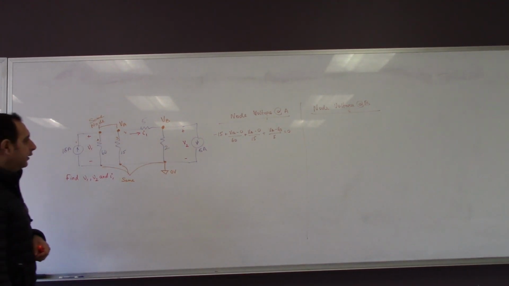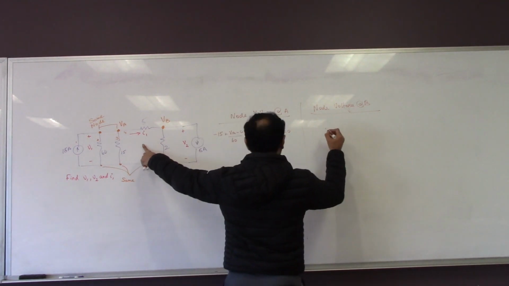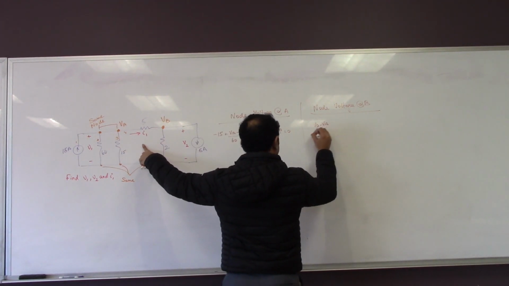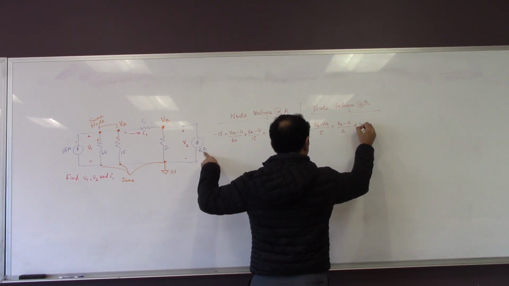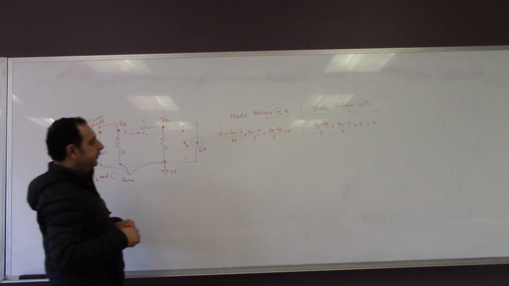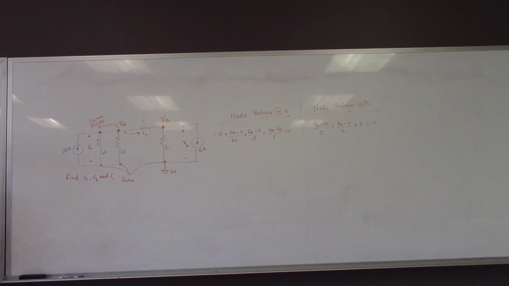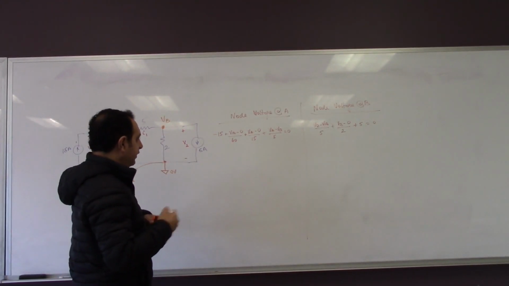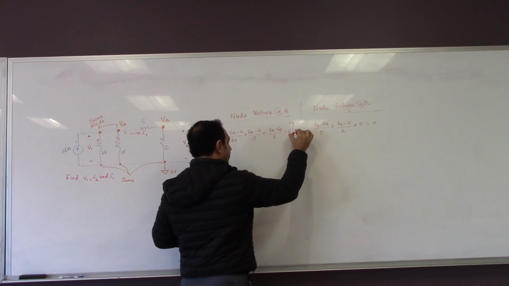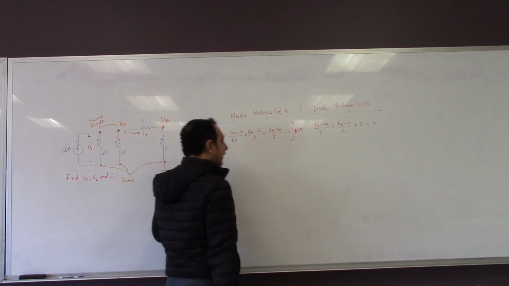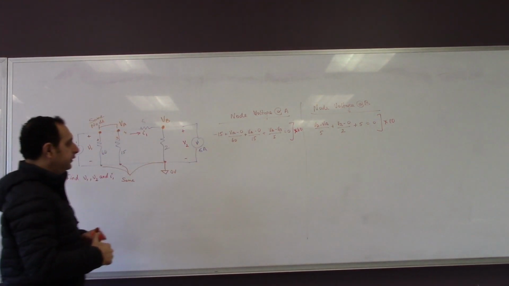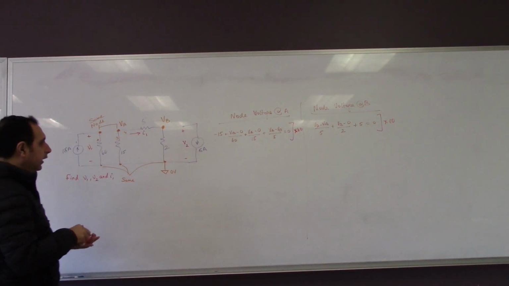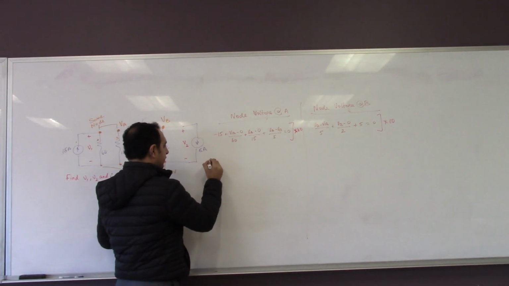Okay. All right. So on this side, we'll start with VB minus VA divided by 5. Okay, then we go here, which is VB minus 0 divided by 2. Okay, and then this is a leading current, so plus 5 is equal to. Okay, so to get rid of the denominator, let's go here and multiply this by 60. Okay, same thing to get rid of the denominator here, I'm just going to multiply this by here. Okay, so that's going to be equal to 15 times